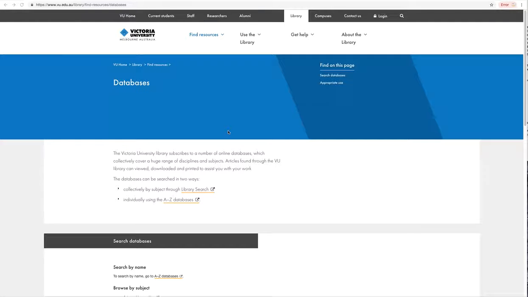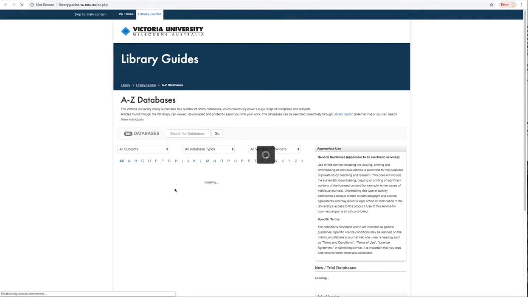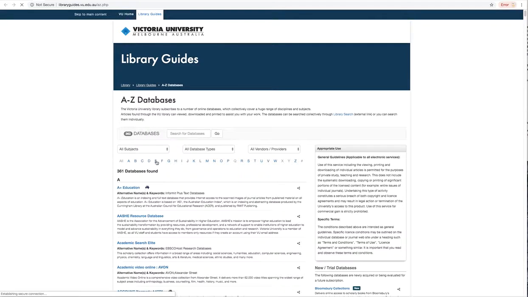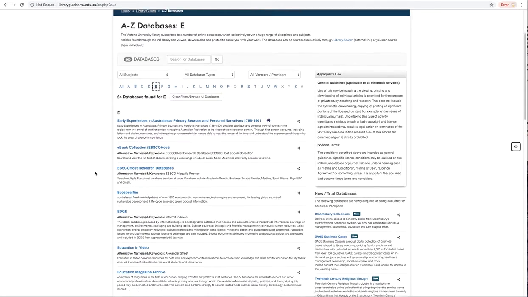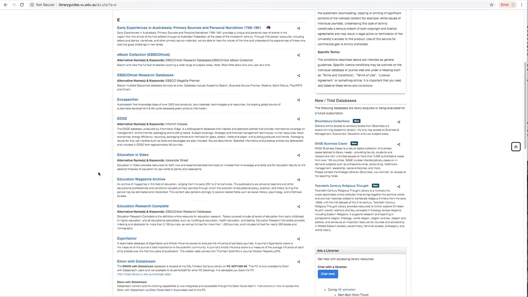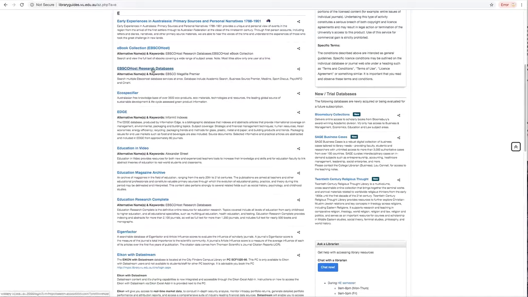I just want to show you how to do a search using a systematic process and some Boolean terms. The first thing we want to do is go to our databases in the VU library. Today I'm going to search EBSCOhost, which is essentially a mega database that brings together a whole bunch of other databases, which makes searching a little bit quicker. So if we go here to the EBSCOhost research databases,